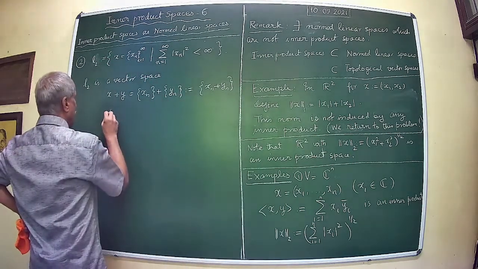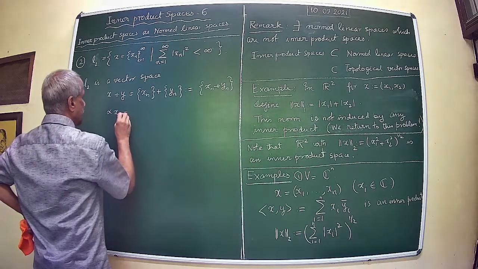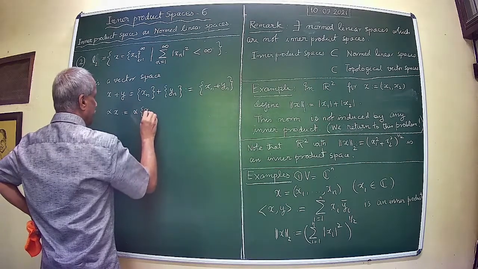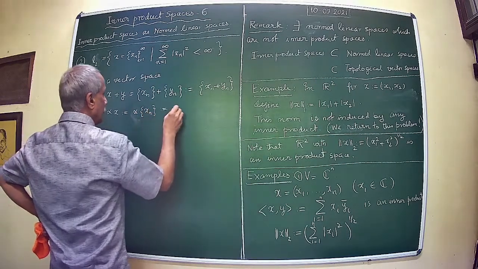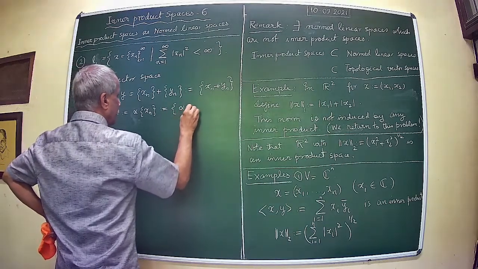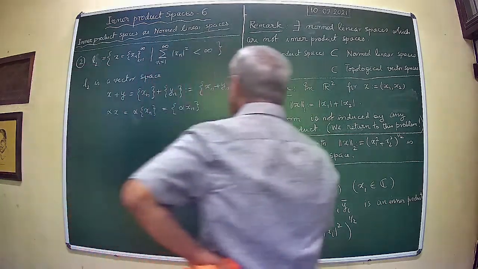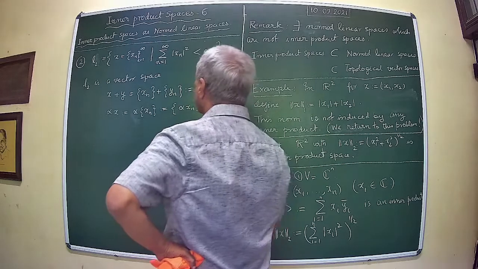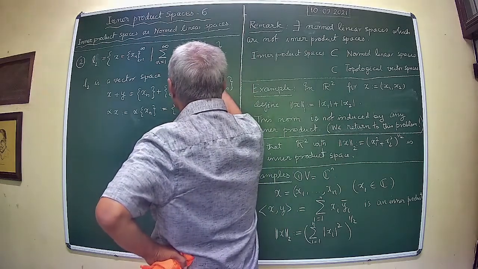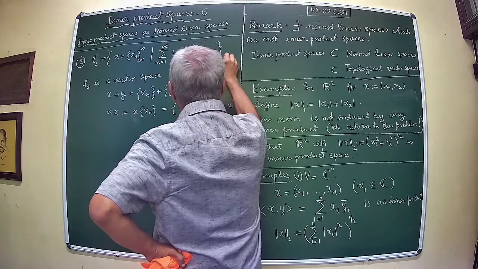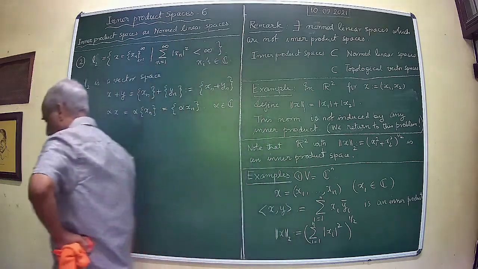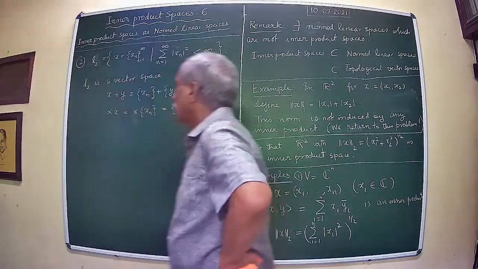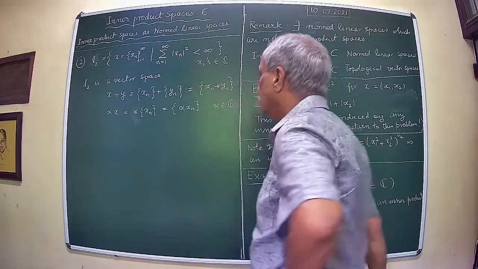Now alpha x is equal to alpha xn, for alpha belonging to C. So here all xi's belong to C. So complex sequences which are